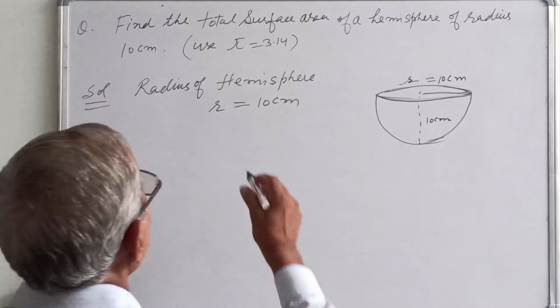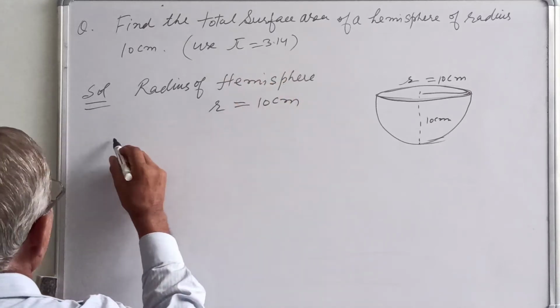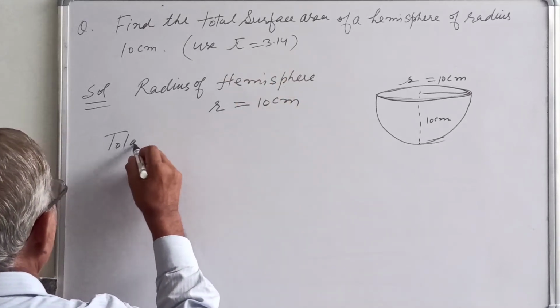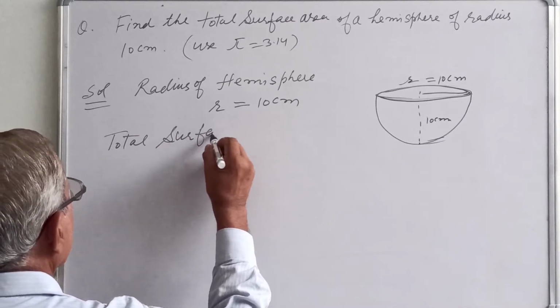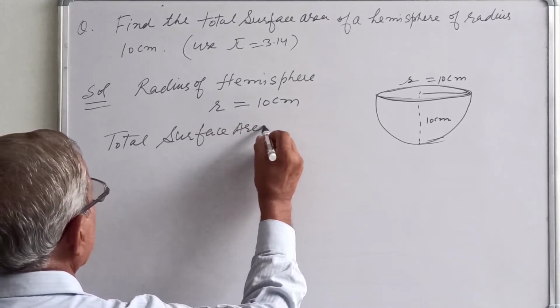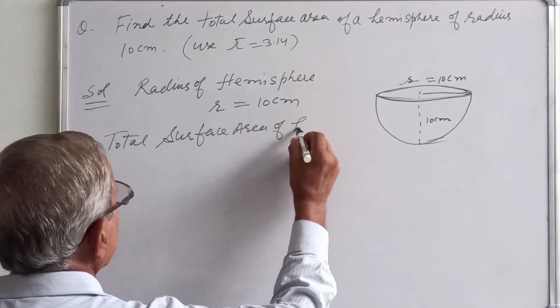We have to find a total surface area. Total surface area of hemisphere